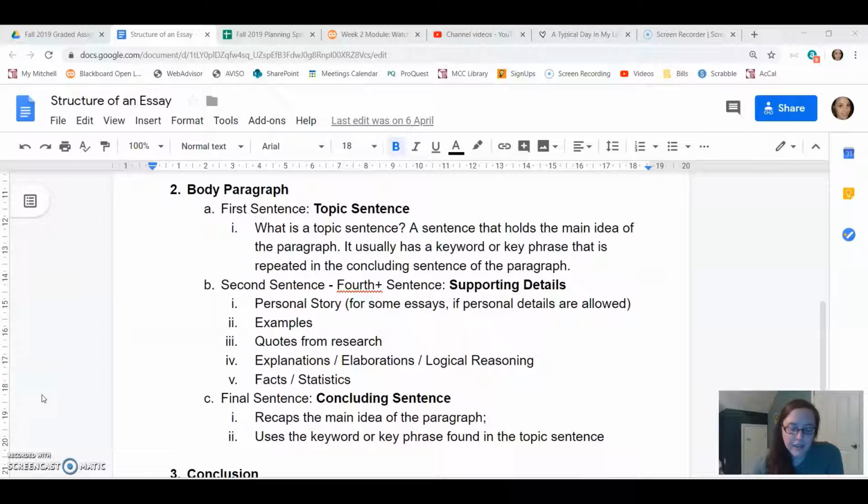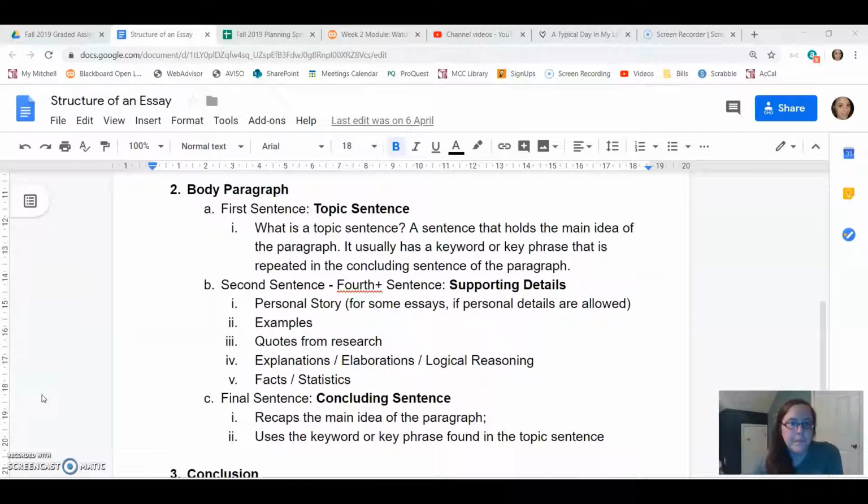And then the other thing I can do is explain and elaborate on how that music makes me feel, and just the fact that it gets me really pumped up. So I can very well develop that topic sentence into multiple supporting details with multiple sentences per supporting detail to really flesh out the focus that I'm working on here, which is that angsty emo music is in my life on a daily basis.